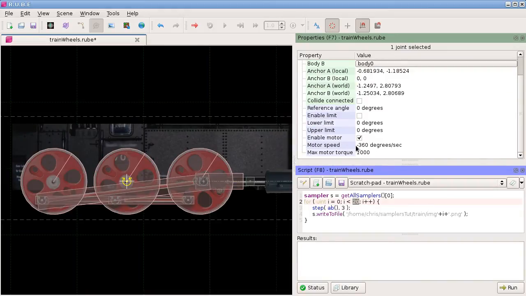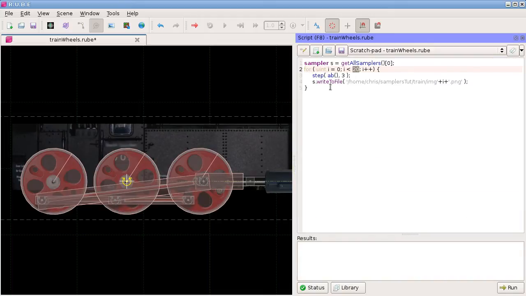The joint is using a motor to rotate at 360 degrees per second. So this script here will step the wheels 1 full rotation in 20 frames, and then we're using this new thing here. This is a sampler, so you can see samplers are a fully qualified class type in the script,